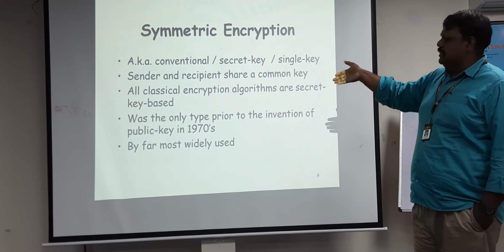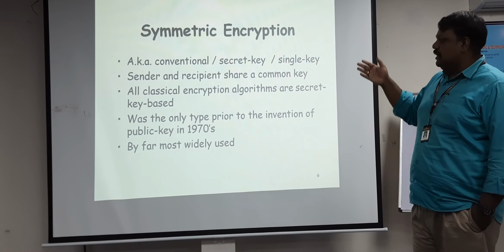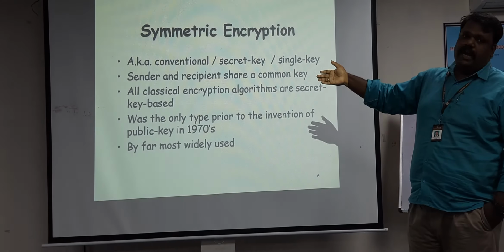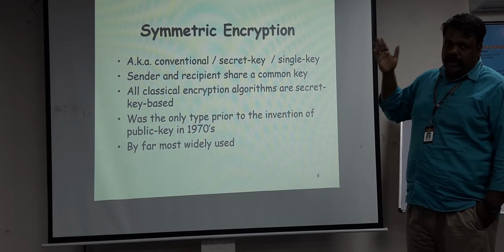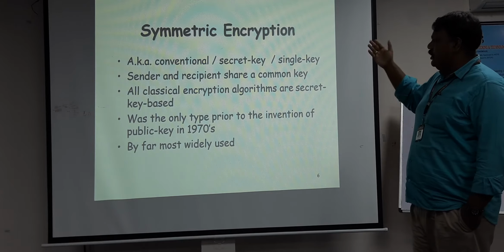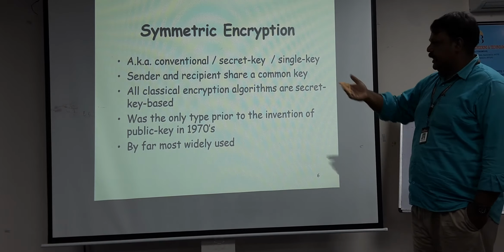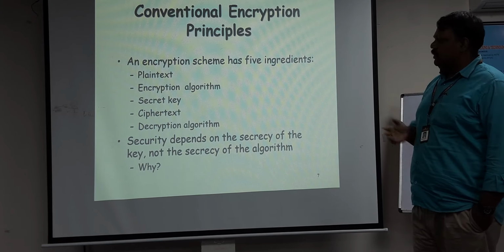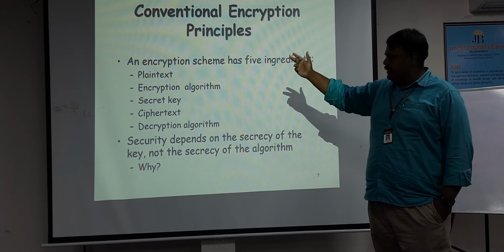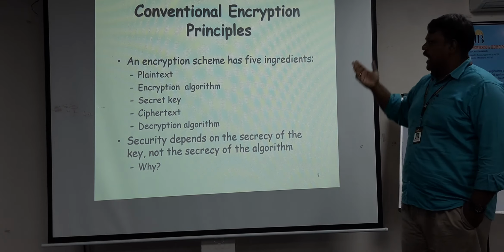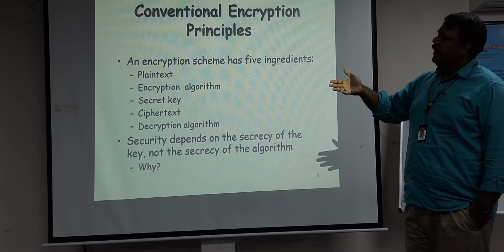So this is how the symmetric method came into existence, in the 1970s itself, which started with the proper foundation of identifying the algorithm and the corresponding key to convert the plain text to the ciphertext using a single key or multiple keys, according to the advantages of using these algorithms. Next. The conventional method has these components: plain text, encryption algorithm, secret key, ciphertext, and decryption algorithm.